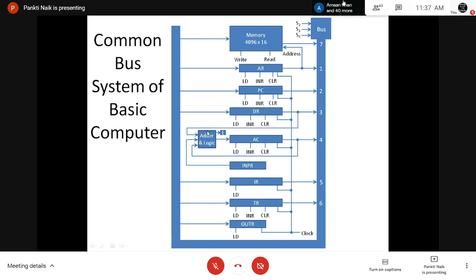Here the adder and logic circuit are the input for the accumulator, right? So all the arithmetic and logical operations are performed with the use of the accumulator, and the input for the adder and logic circuit is the output of the data register, because all the memory data and instruction data are stored in the data register, right? So the data register output will become the input for this circuit, right? And the output of this circuit will pass to the accumulator, and the accumulator performs the operations,